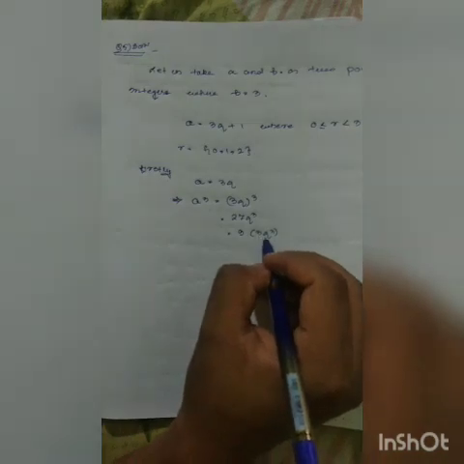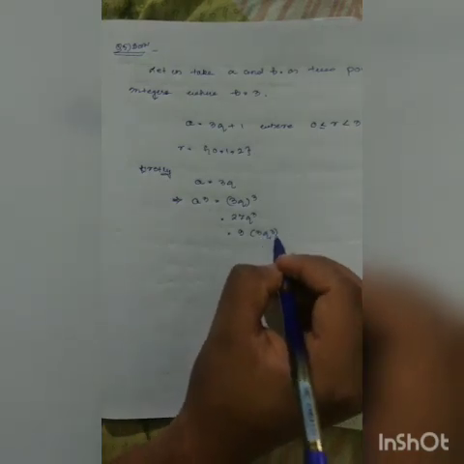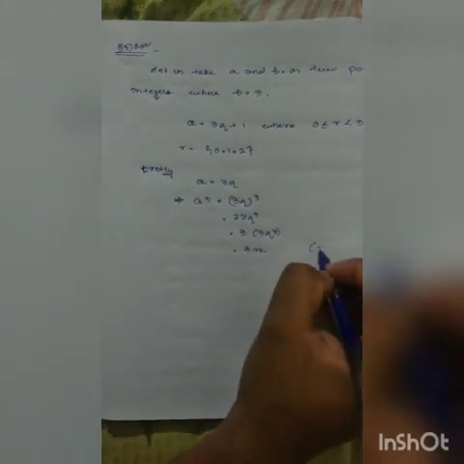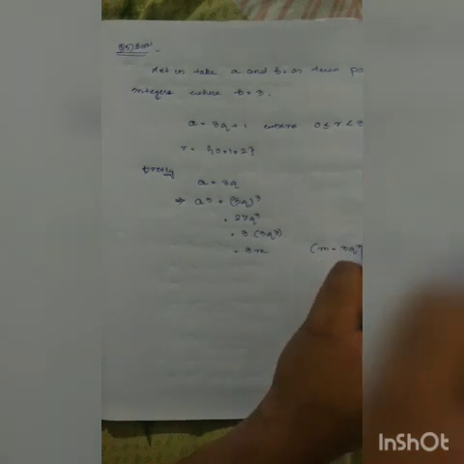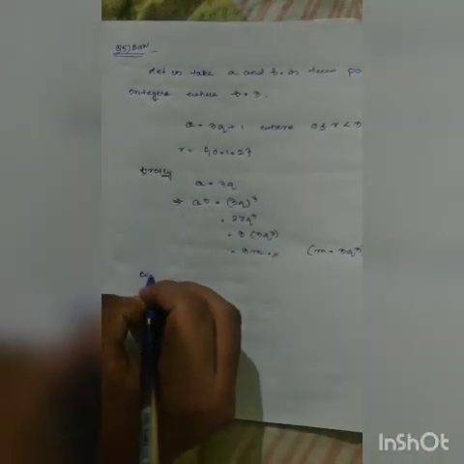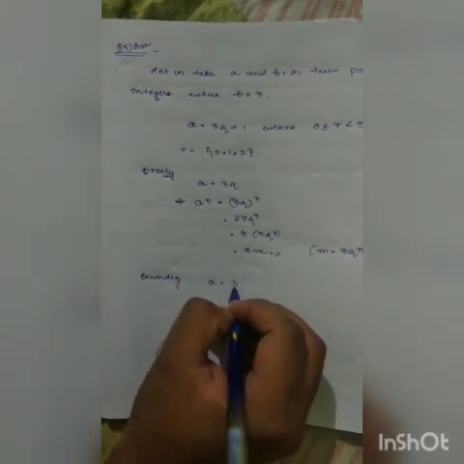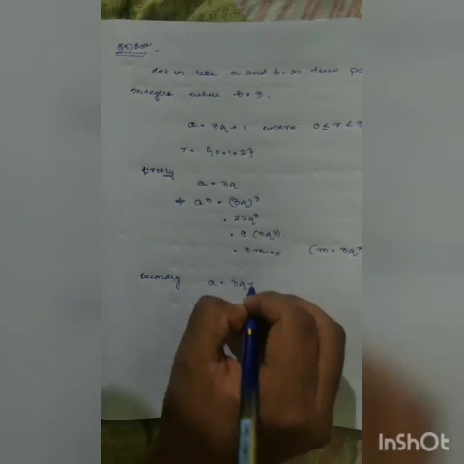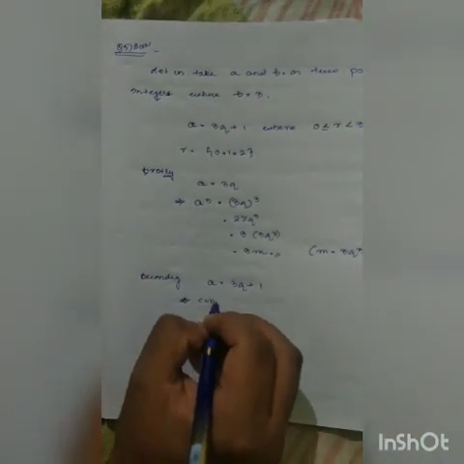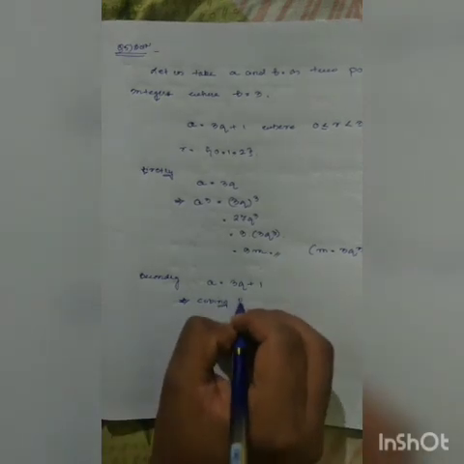So 3q to the power 3 can be written as m, because m is also an integer, and 3q to the power 3 is also an integer. So we have got the first form, and secondly we can try a is equal to 3q plus 1. So cubing both sides,